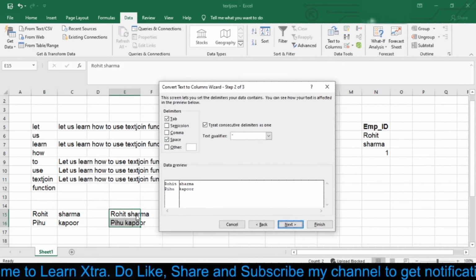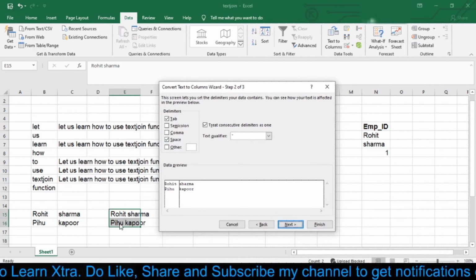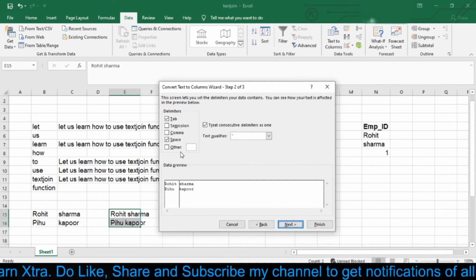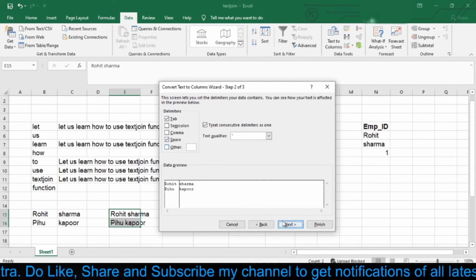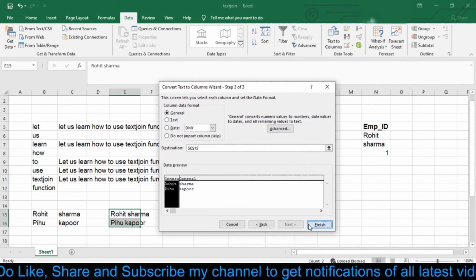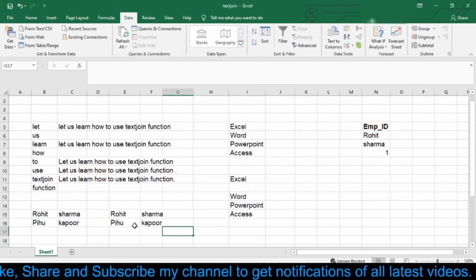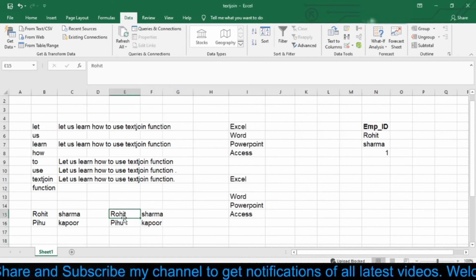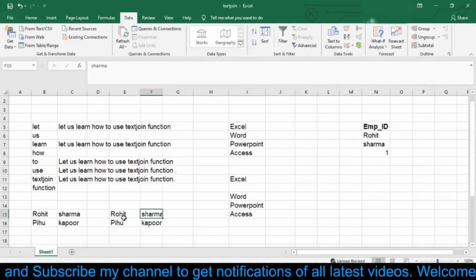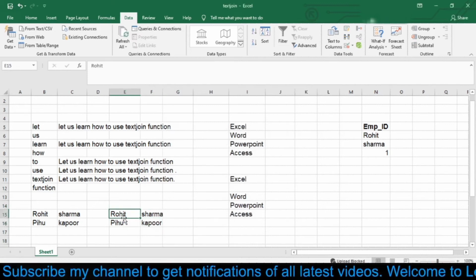So simply tick Space and then click Next and then Finish. So here as you can see, I have separated my text into two cells. So this is how we can use Text to Columns.